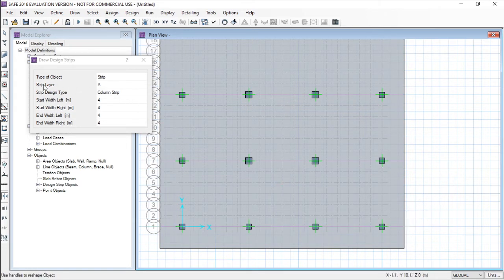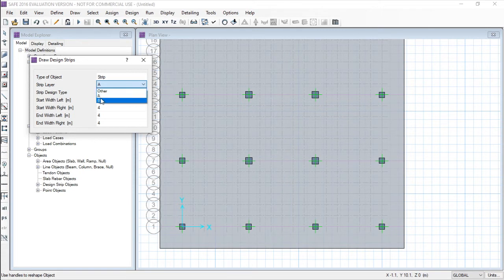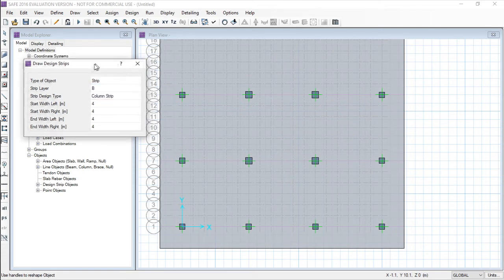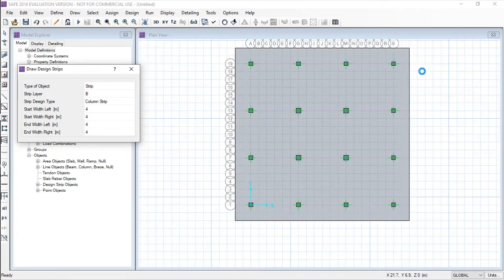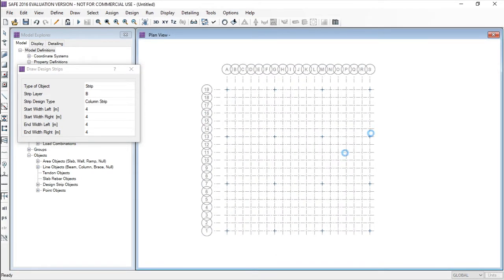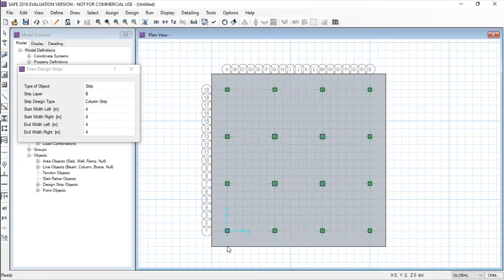Now select the strip layer as B, and draw it in the Y direction. So I'm selecting from the bottom to top, right click outside.